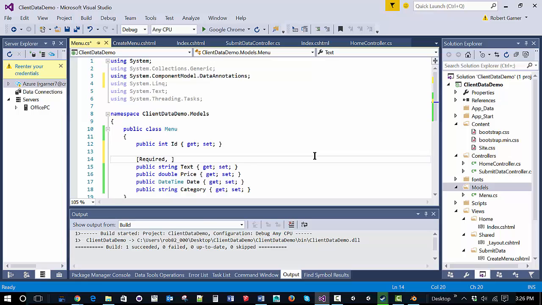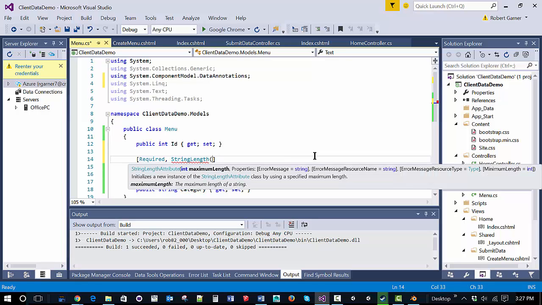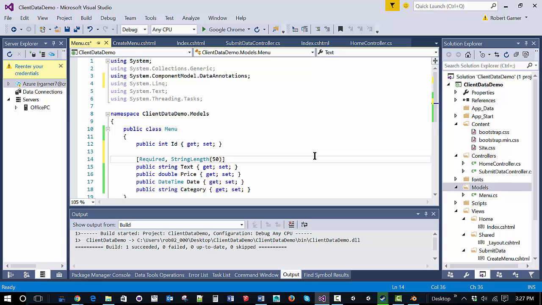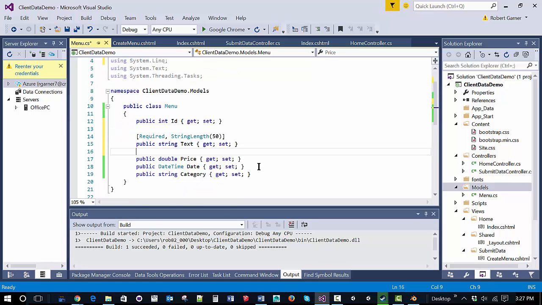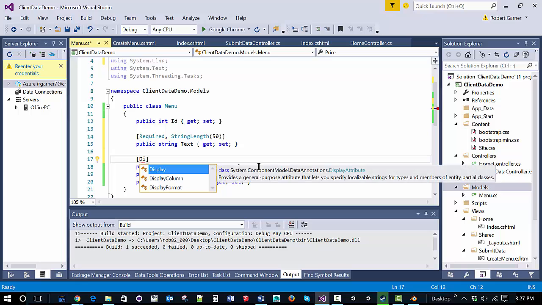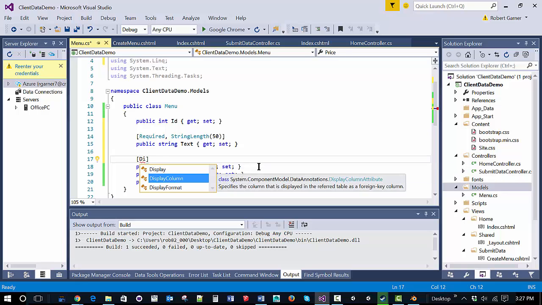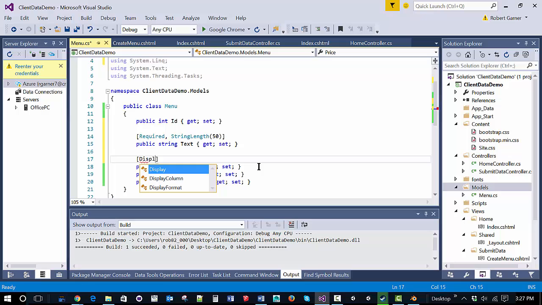And when we do that, then we can set a requirement that the string length, for example, must be 50. We can set an annotation for price. Well, actually, let's set display name